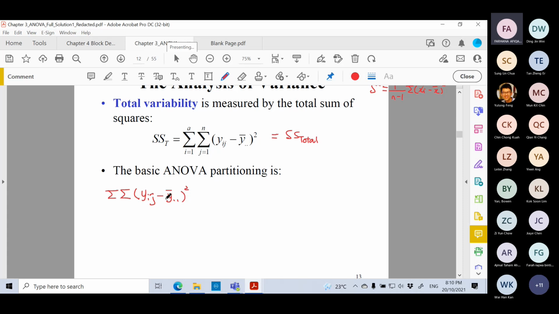Okay, this component we can break into the following one. We still have this thing. Okay, I just rewrite this part. I just write it in the following form, and then plus the